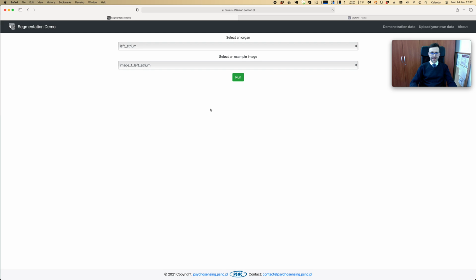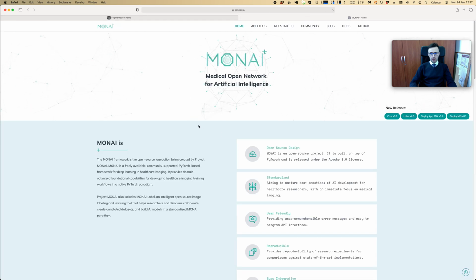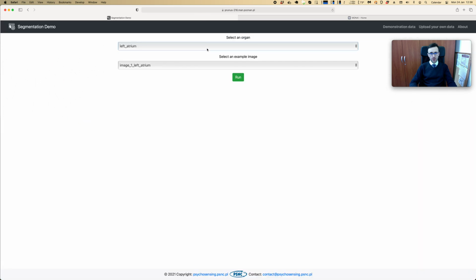organ from the CT image and to automatically perform radiomic features calculation on this segment. So how this example works: here we have some example models which were pre-trained and shared as part of the MONAI project, MONAI initiative, and we use those models and the example data from the MONAI project in order to